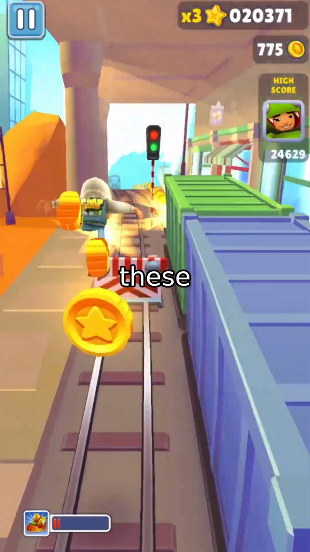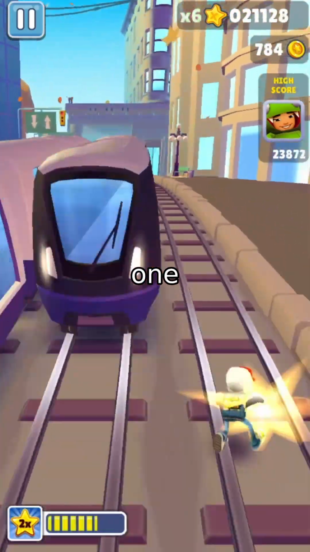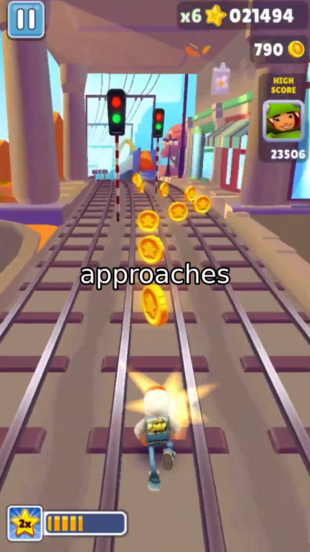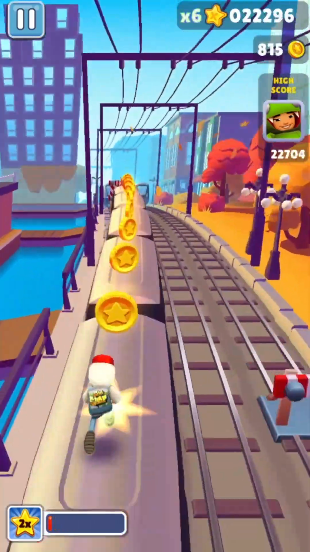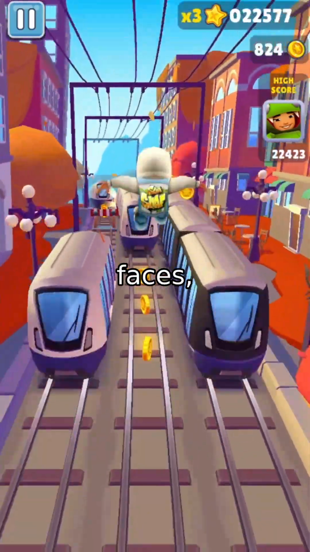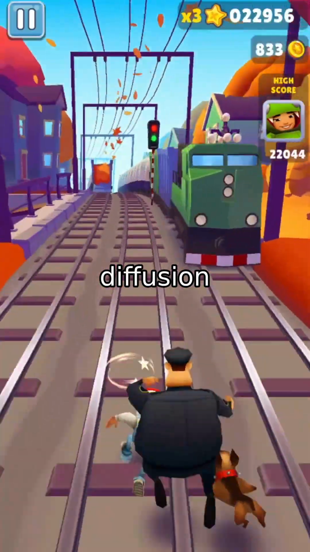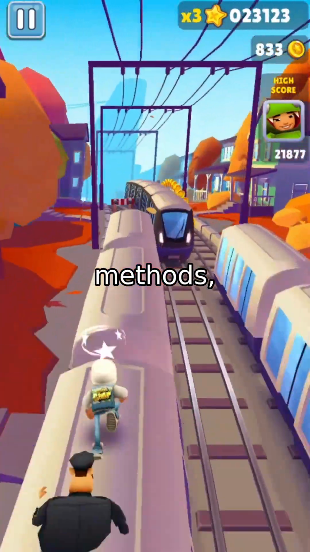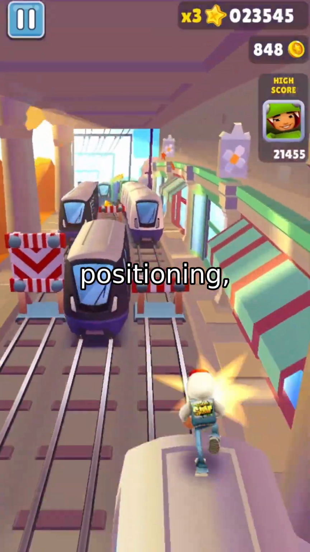But here's the catch: these two objectives are fundamentally at odds. Traditional methods either sacrifice one for the other. Fine-tuning approaches like DreamBooth require multiple reference images and hours of training per subject. Encoder-based models work well for faces, but fail on animals, objects, or stylized characters. And newer diffusion transformer, DiT, methods, while promising, often rely on complex architectural changes, careful token positioning, and synthetic data